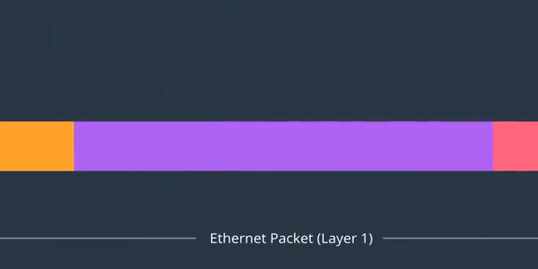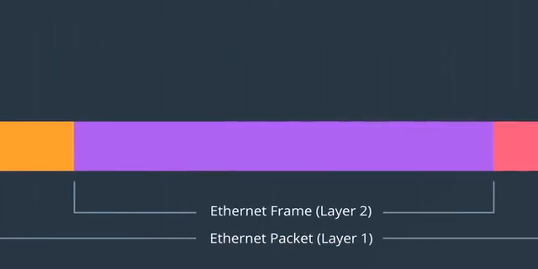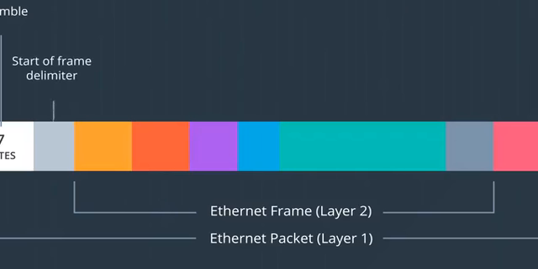An Ethernet packet operates on layer 1 and encapsulates the layer 2 Ethernet frame. The packets and frame are broken up into individual components. The packet starts with a preamble that is 7 bytes long, indicating the transmission of a new message. Then there is a 1 byte start of frame delimiter, which, as the name suggests, signifies the start of the